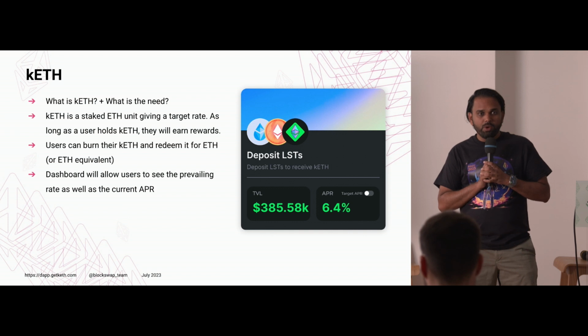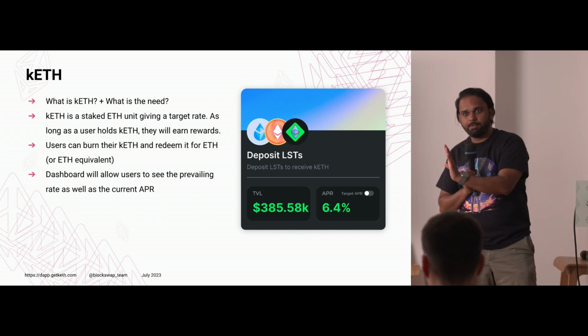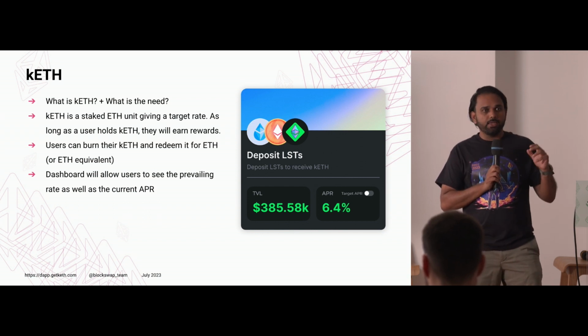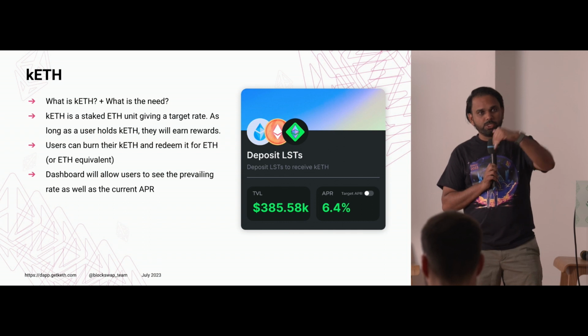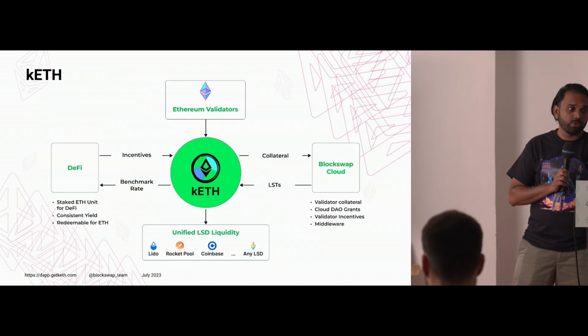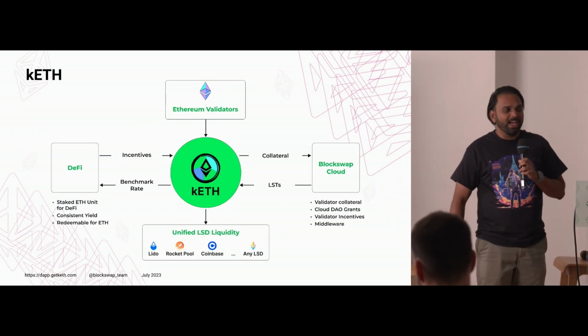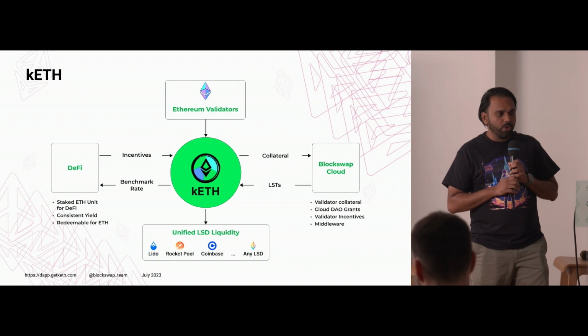So anyone can basically say, okay, I want 1,000 ETH. It's kETH. It comes with 4%. You have that one. That's a target rate. And if you slash it, people can just deposit into that pool. Oh, that's super fast. I shouldn't be that fast. Okay, cool. So how does kETH work?